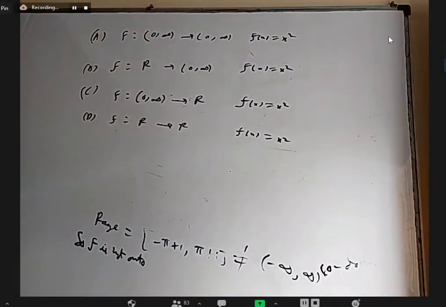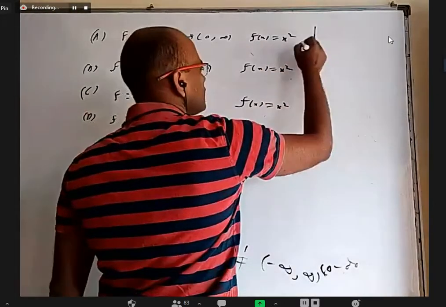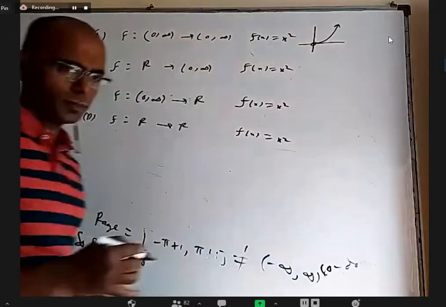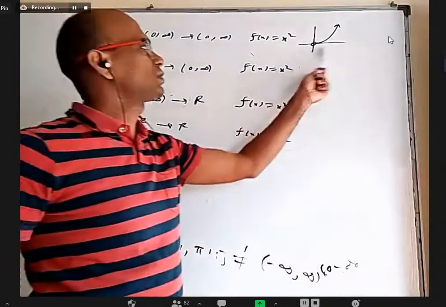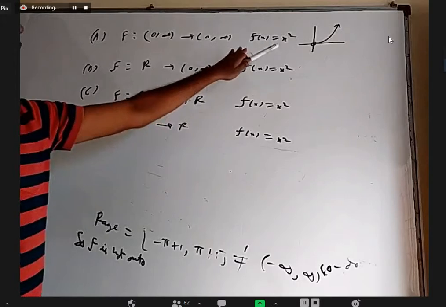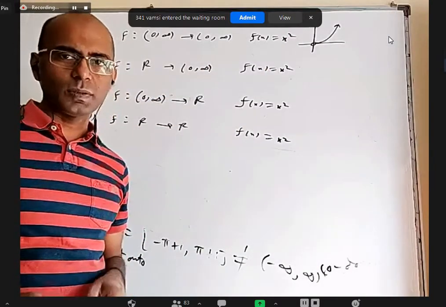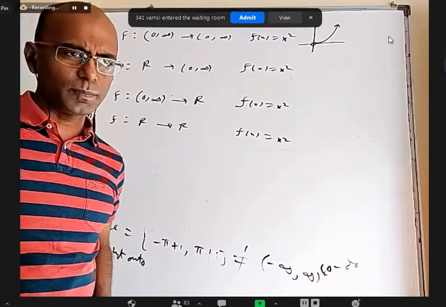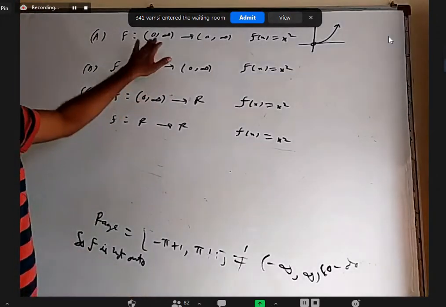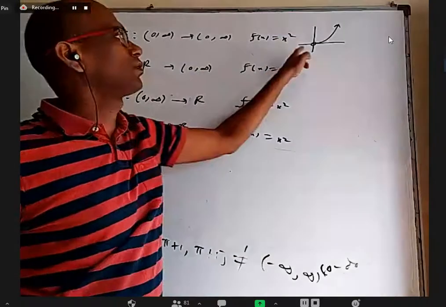They're asking about it. In the first case, the graph is only the x square graph without 0, only the right part. The domain is 0 to infinity, the codomain is also open interval 0 to infinity. Normally x square is not 1, 1 because we can think of two different x values which have the same image. For example, f of minus 5 and f of 5 are same, f of minus 2 and 2 are same. But here you cannot give that example because in the domain only negative numbers are removed. It is not the full x square graph, only the right piece.